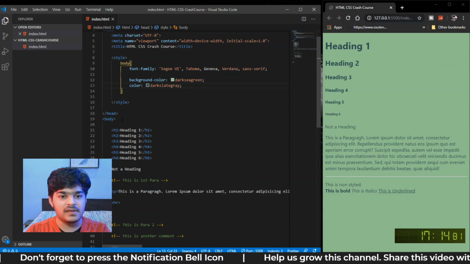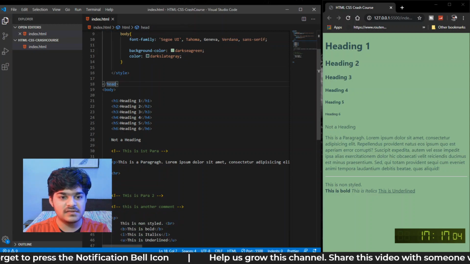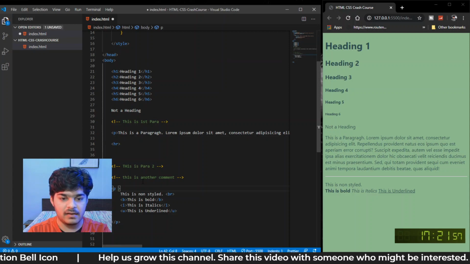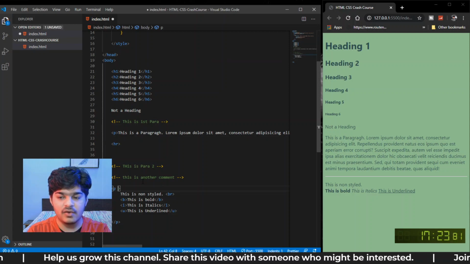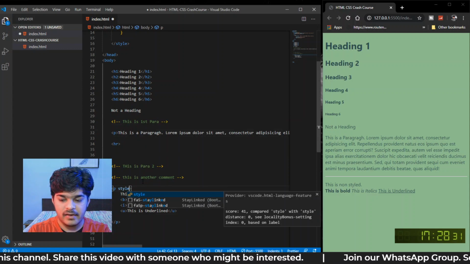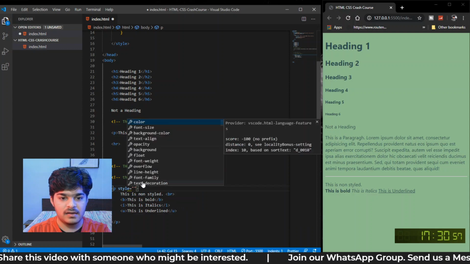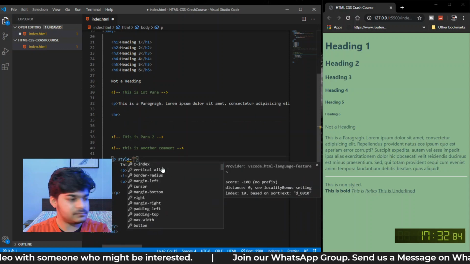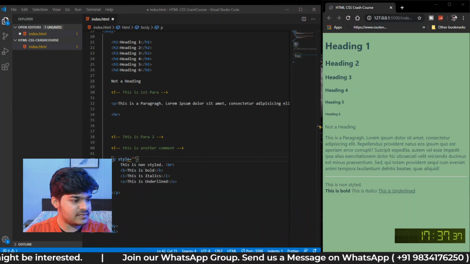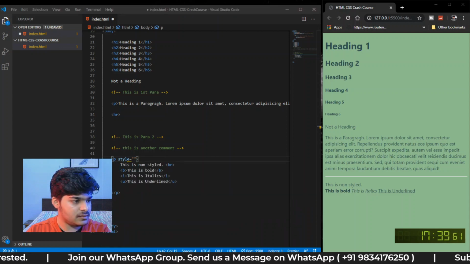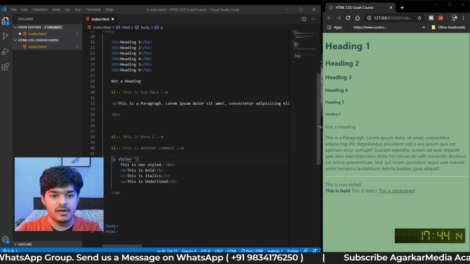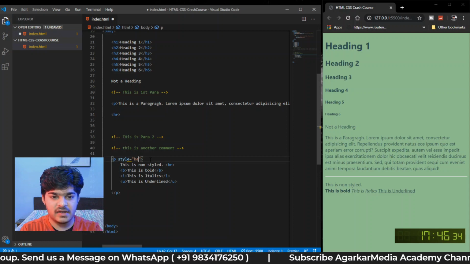This is one way. The other way is to write the CSS just in the line, in the paragraph. That is something called inline CSS. So style, I can write it just right here, in the double quotes. Let me just move myself away from the screen a little bit. Good. So in style, we can just write